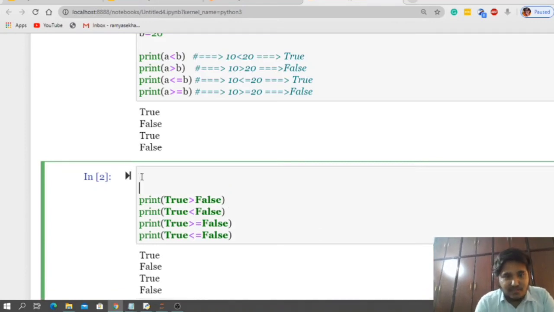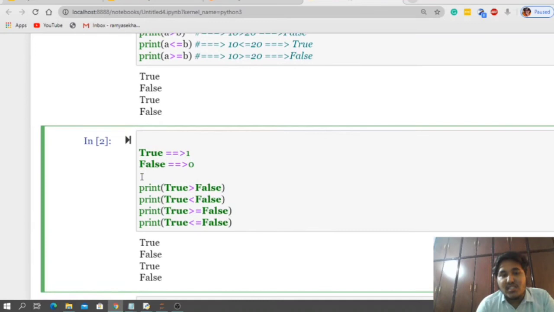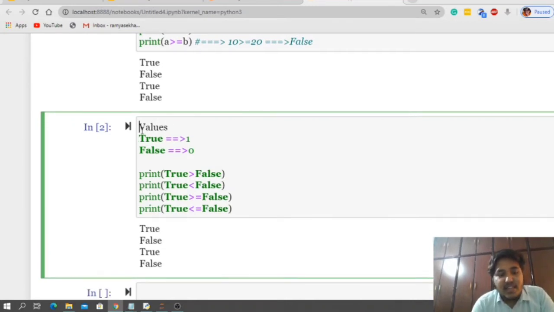So let me see how the interpreter is doing it. The interpreter is considering true as 1 and false as 0. These are the values. Is it clear guys? That is the reason why we are getting this output.